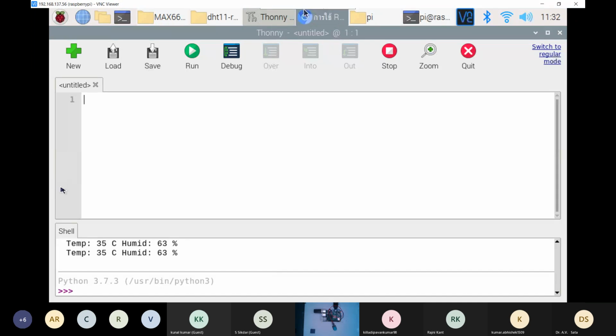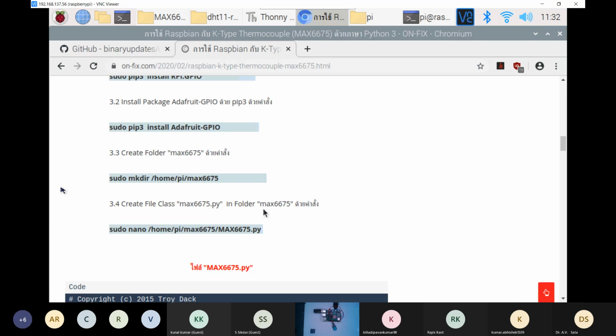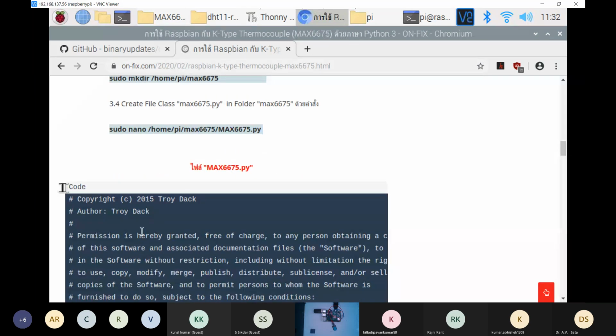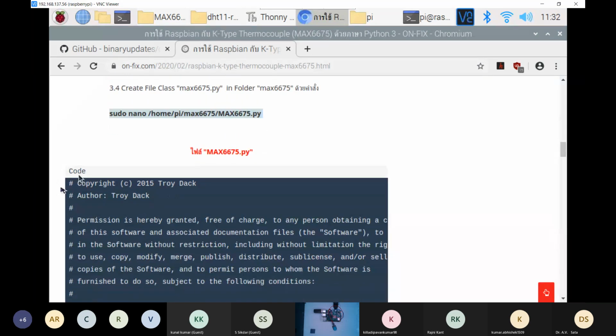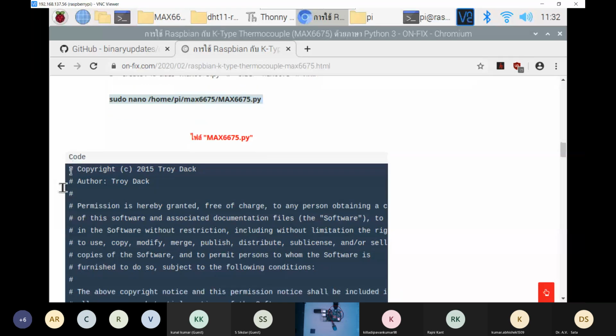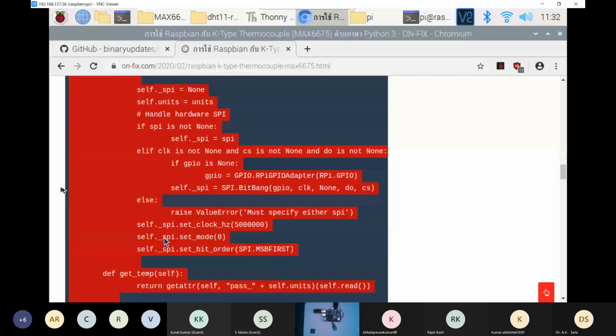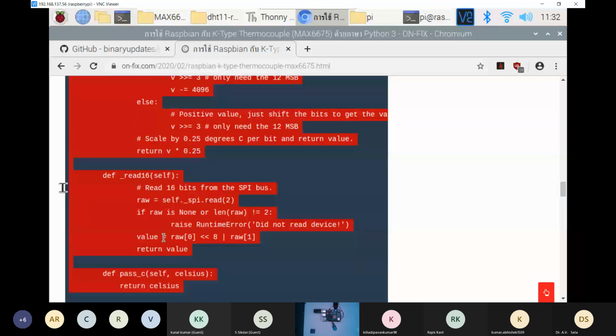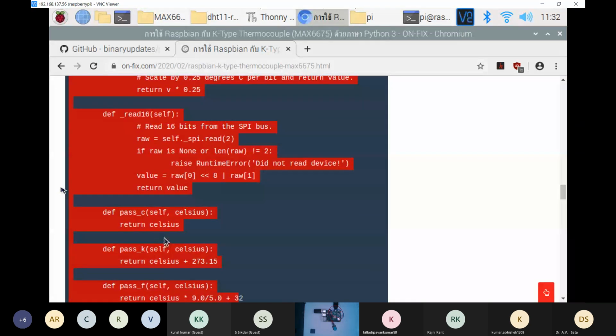And I will go to that file. We'll just copy this whole file over there. I will copy it and paste it over here.